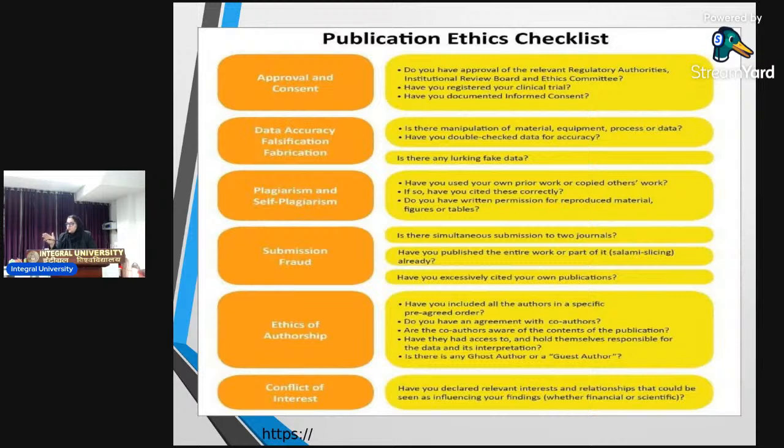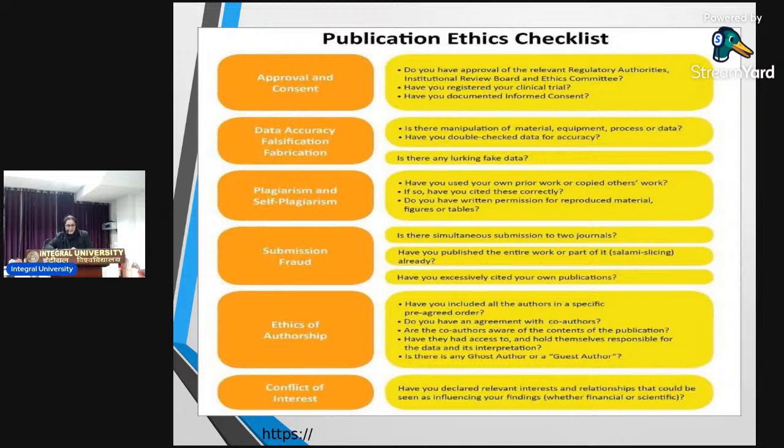You're wasting 5 years of your time if you do not reflect on your data, if you do not discuss it properly. Okay? Is there any lurking false data? The third question. The answer should be no. So if you have answered everything no, honestly, we are depending upon your honesty because it's all based upon trust, right? So we are believing what you are telling us, right?